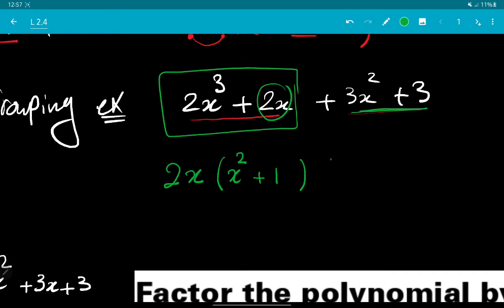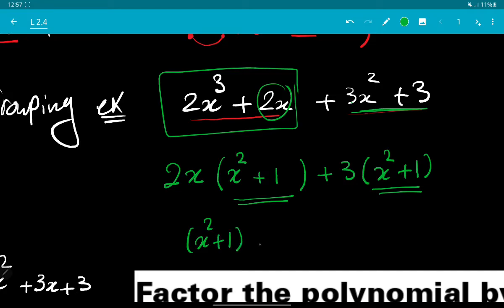What about this one? You can take 3 as a common factor. This will leave you x squared in the first term and plus 1 in the second term. In the next step, you can notice that we have the same brackets. Take the same bracket as a common factor and open another bracket and write what's outside the two brackets to